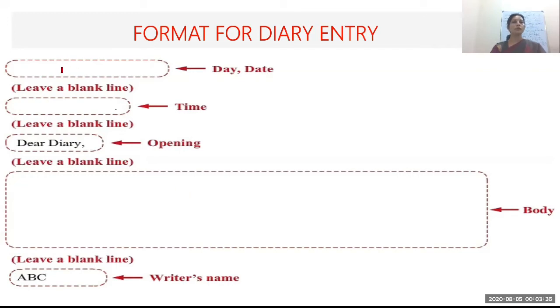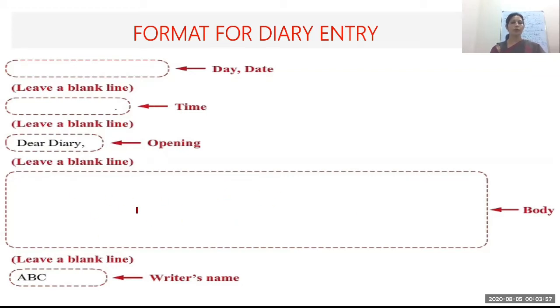Remember. So first of all, day and date, then time. By leaving one line, you follow with Dear Diary. And I told you this is also optional for school purpose. If you are writing, you can skip this as well. And this is also purely optional. But the body of the